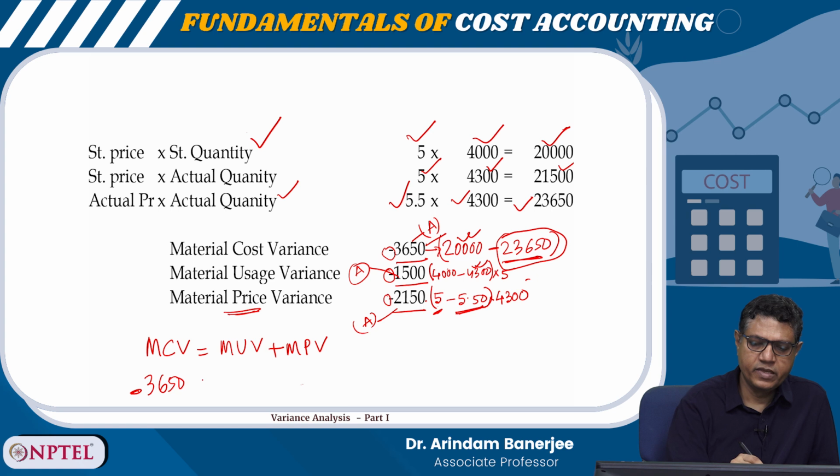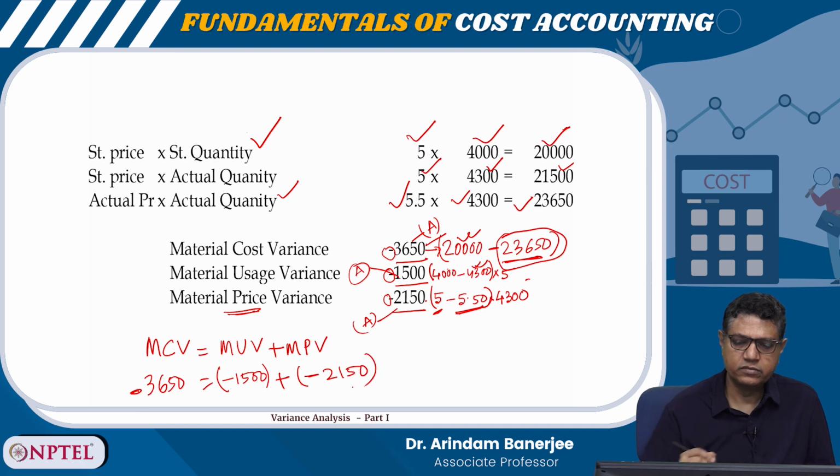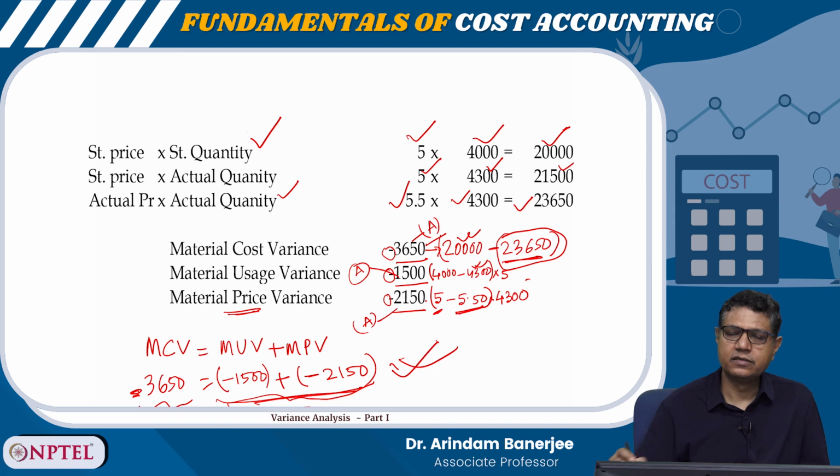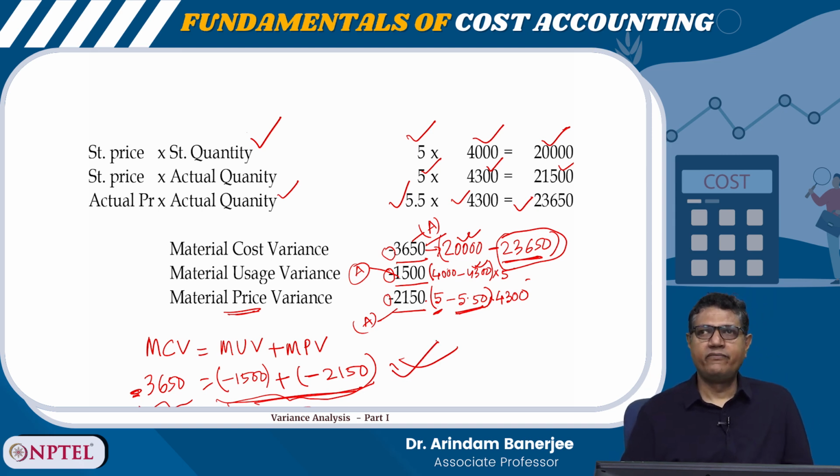3650 minus is equal to, what is my material usage variance? Minus 1500 plus minus 2150. Fine. So now if you add these two, you will get 3650 minus, right? This total is 3650 minus, and this side is also minus 3650. So that means our calculations are correct. Fine. So this is an example of how the material cost variance can be calculated. Okay. Now